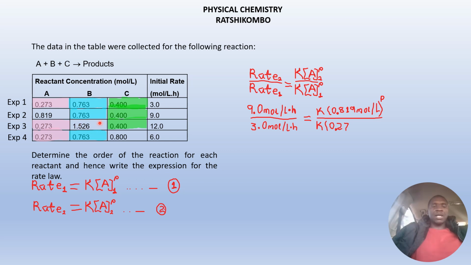Can you see experiment 3? We have 1.526 and 0.763. But A and C for experiments 1 and 3 are constant. It doesn't change: it's 0.273, 0.273 for A, and 0.4, 0.4 for C. So let's work it out and find